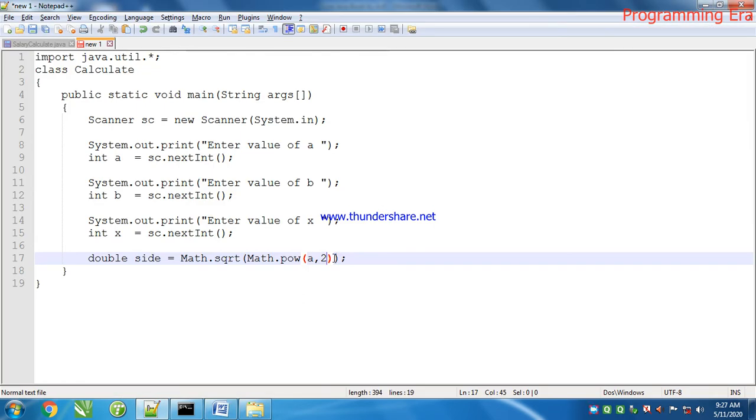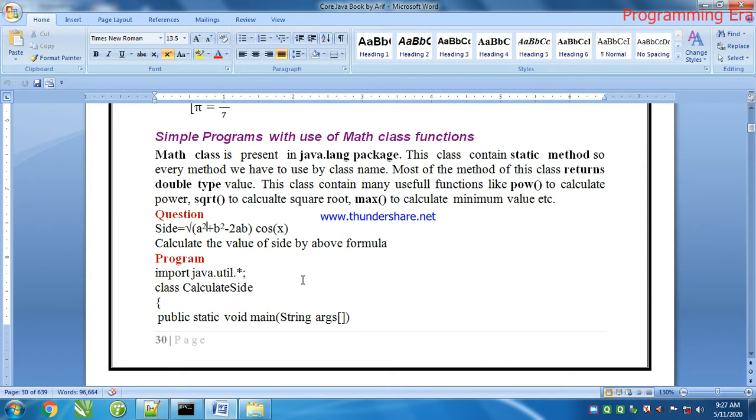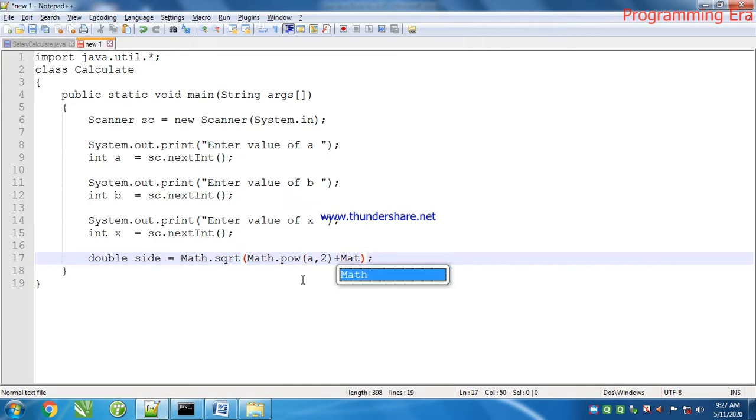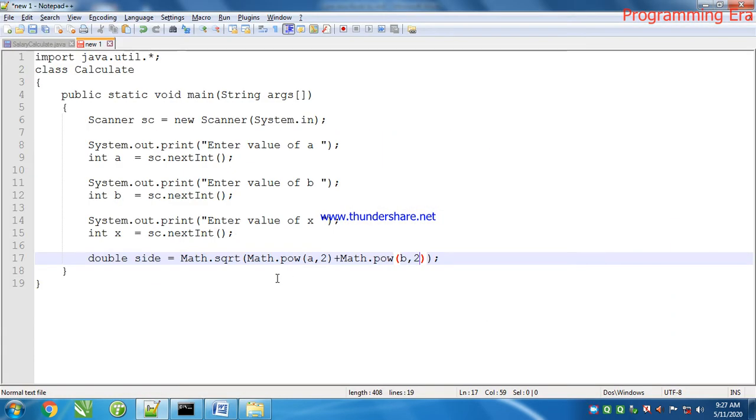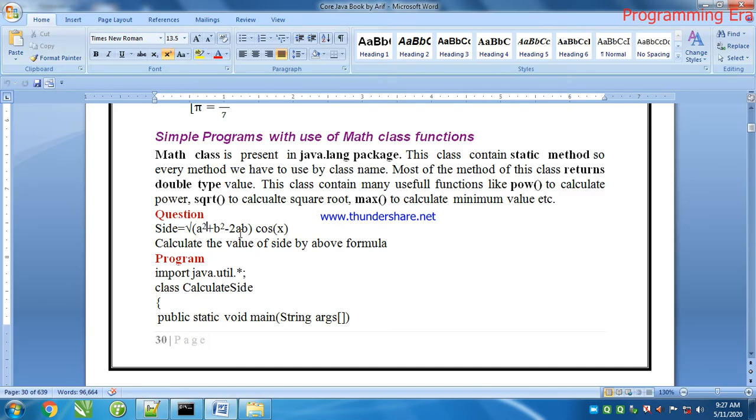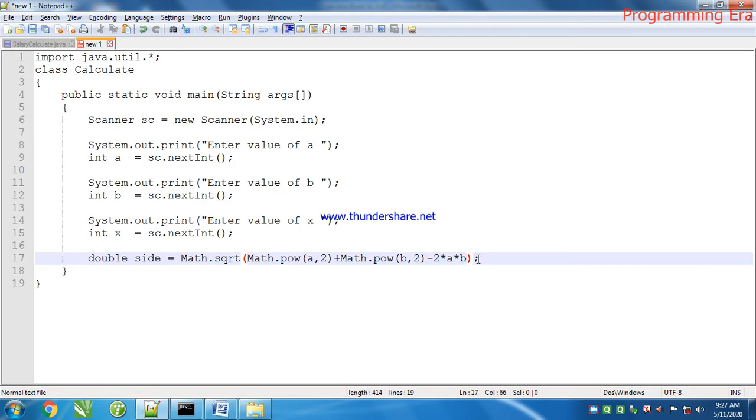So we will calculate a comma 2, power of a is 2, plus Math.pow, power of b is 2, then minus 2 into a into b, and this entire expression will close in a bracket. So we'll take a bracket from here to here.